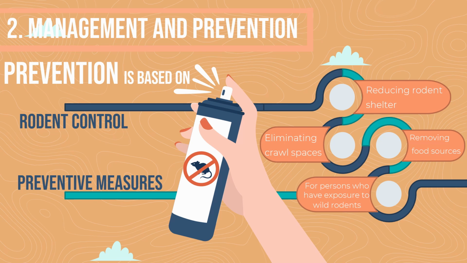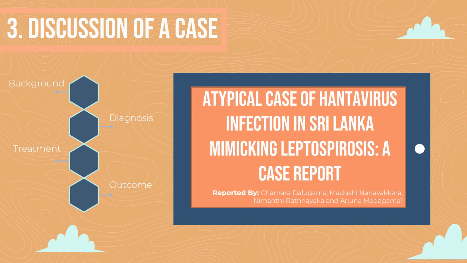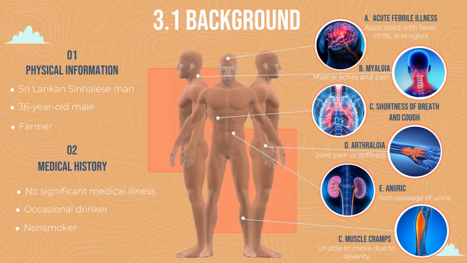For this part, I will discuss a case study report, specifically an atypical case wherein hantavirus infection is seen mimicking leptospirosis, written by Logama and his colleagues. As we discussed in the first part, this case revolves around a previously well 36-year-old Sri Lankan Sinhalese man with rodent exposure